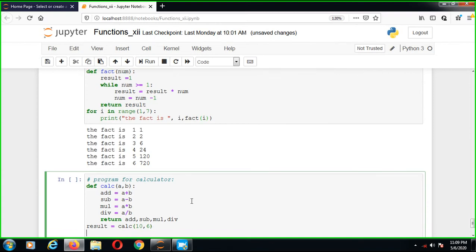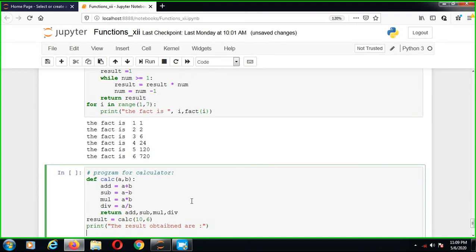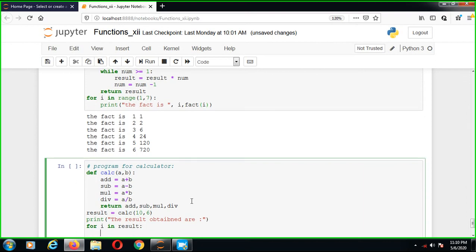And we use the print command, and the results obtained are, for loop i in result and print of i.